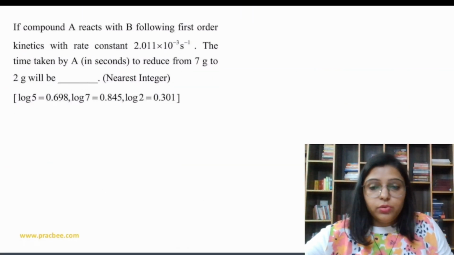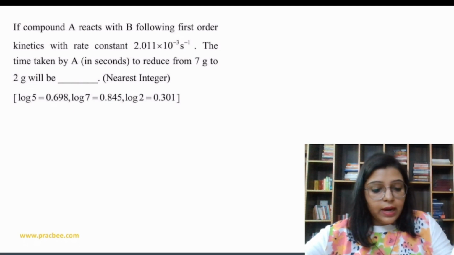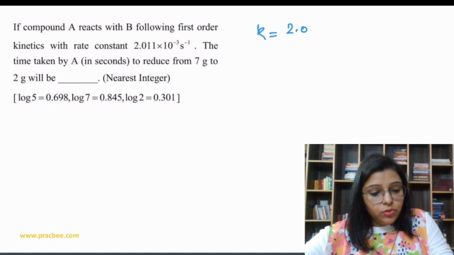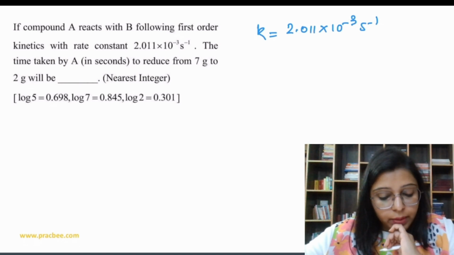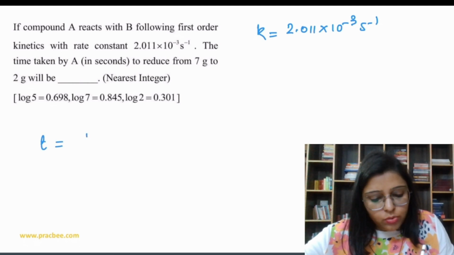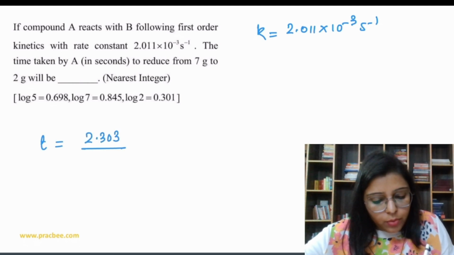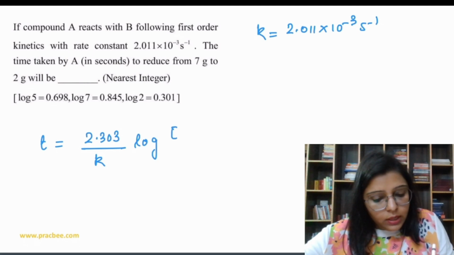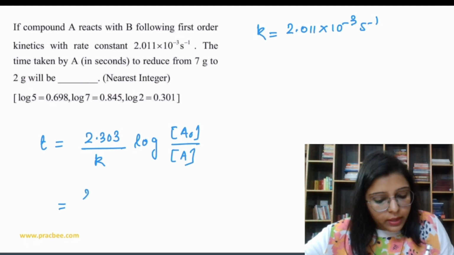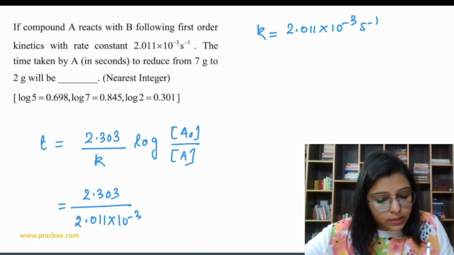Okay. Now let's do the next question. If compound A reacts with B following first order kinetics and the rate constant is given as 2.011 into 10 to the power minus 3 second inverse, the time taken by A to reduce from 7 gram to 2 gram will be? So how to solve? T is equal to 2.303 upon K log of initial concentration upon final concentration. So we can write 2.303 upon 2.011 into 10 to the power minus 3 log of initial 7 upon